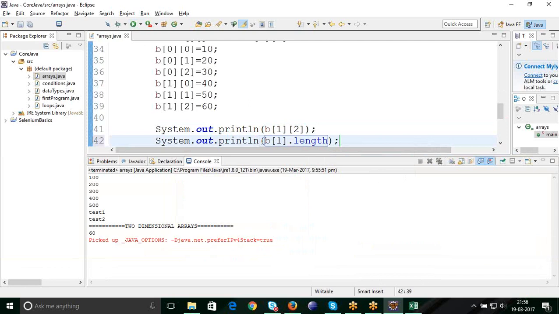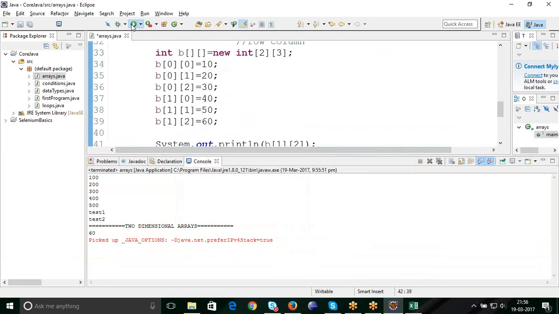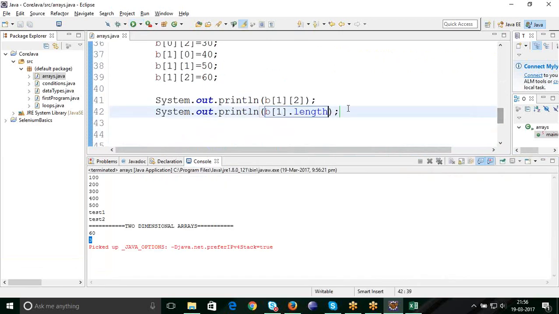When I mention this length, I'm going to get the length of it. Say this 3, because I've used